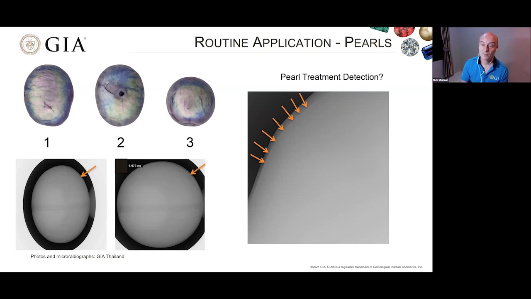This is especially true of pieces that are antique, because over time there could be sort of leaching from the metal into the pearls. So you can see in this example here where the arrows are that there's a very fine white line, and this is the deposition of the silver in the structure of the pearl. You can see it here on these 2 images as well. I mean, the pearl in itself looks treated because you can see color concentrations on the surface as well. But the RTX helped to confirm that it was treated as well.